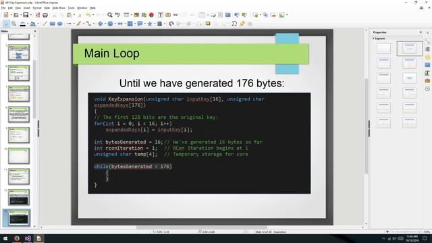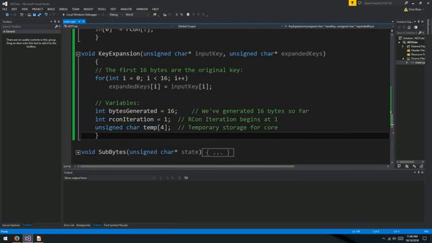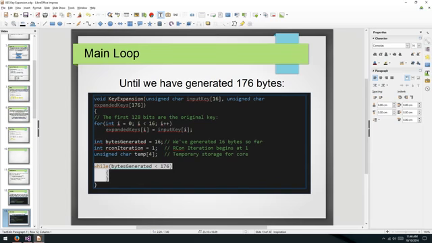Alrighty, so the main loop of the key expansion is this. While bytes generated is less than 176. So in other words, while we've still got bytes to generate. Let me just copy this. Okay, while we've still got bytes to generate,